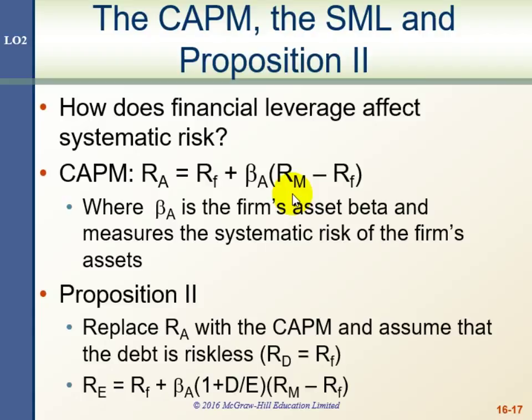If we imagined an all-equity firm, the beta of the assets would be exactly the same as the beta of the equity. But in the case of a leveraged firm, the beta of the assets is proportional to the beta on the equity. We know that the beta is just a linear combination of the betas of the underlying assets. So the asset beta for the firm itself has a relation to the market return. So you can characterize that as beta of the asset.